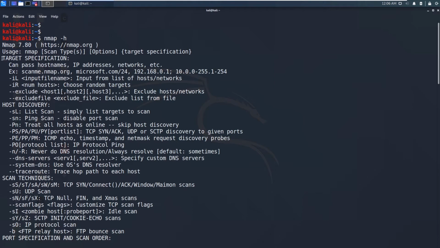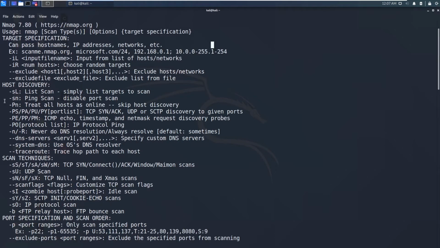Okay, now we can set the target using -iL to specify the file containing the hosts or network, but we can also specify the IP address range with Nmap. You can just say -sn for ping scan. -sn is like a ping sweep. In previous versions of Nmap it is -sP, but they have changed it to -sn. -Pn treats all hosts as online.